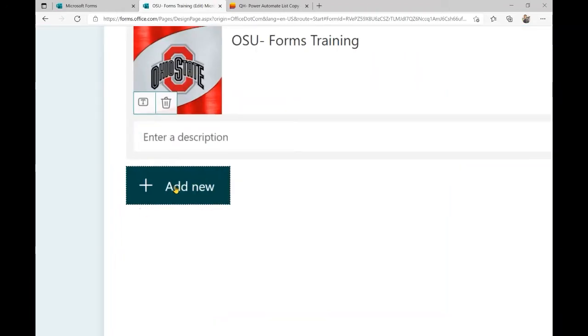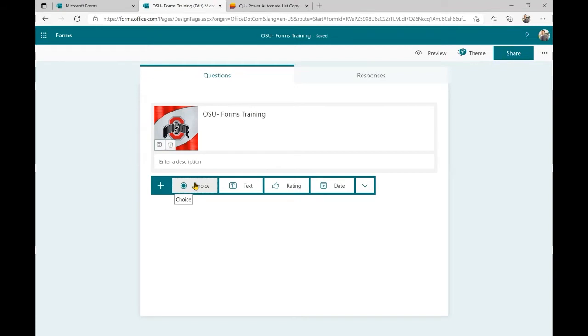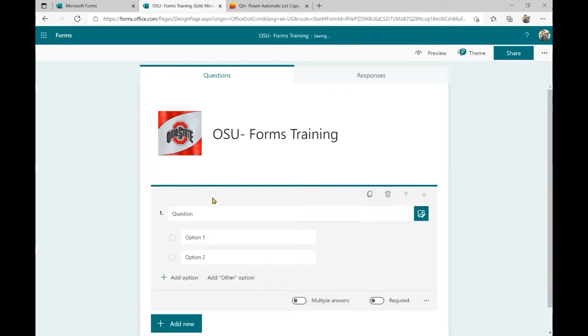So here where it says add new, this is where you will start building out your questions in the form. So right off the bat, we have a couple of different style questions that we can incorporate here. The first one being multiple choice. So this will be a question where it'll just have radio buttons as a response option.